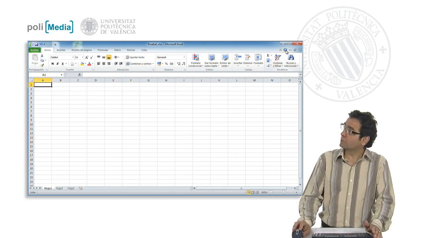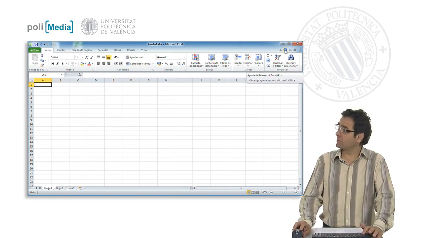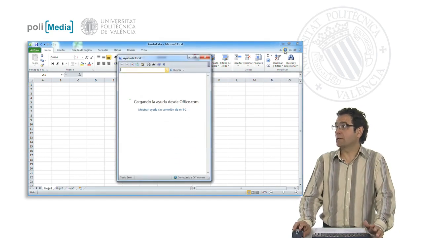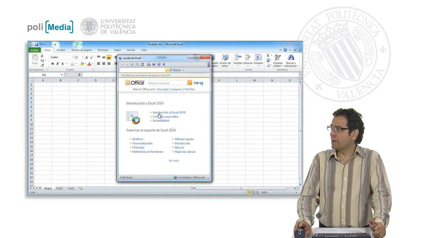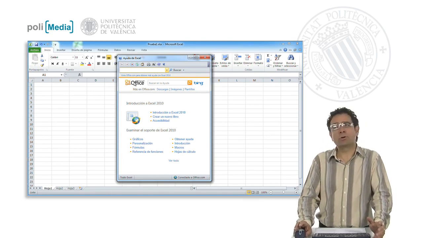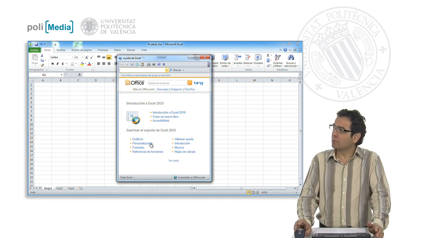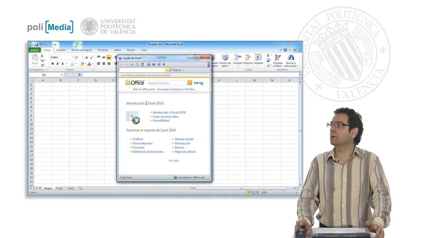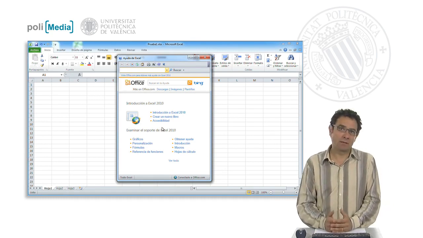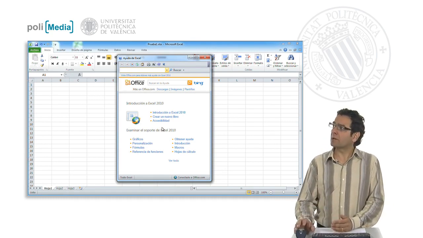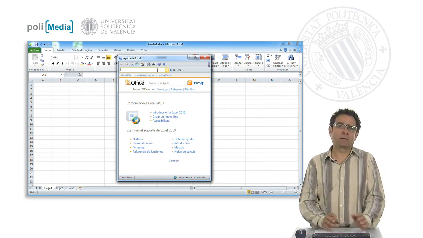Here we have the button with the question mark, which is the Microsoft Excel help function. We can also, as is usual, hit the F1 key and load the help function of, say, another Office environment, specifically that of Excel. There are some introductory articles about the topics they think it is most common to ask for help for. But anyway, in any case, there is a search function that we can use to search for the word